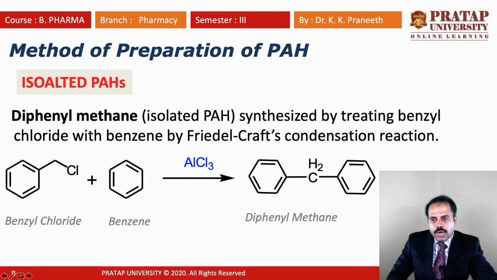So, the chloride will go away and this will attach to this benzene ring, right? The chloride will go as an HCl, hydrochloric acid. So, one hydrogen is gone from here and one chlorine to give the HCl also. So, this is how we prepare the diphenyl methane. This is the first method